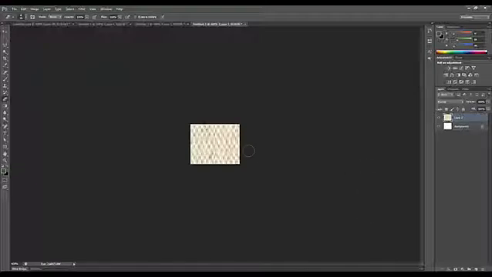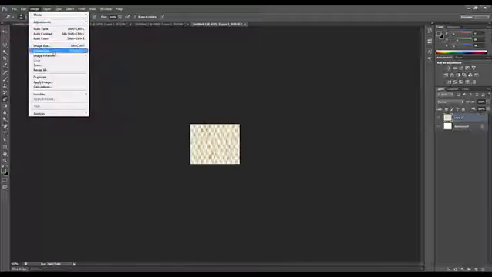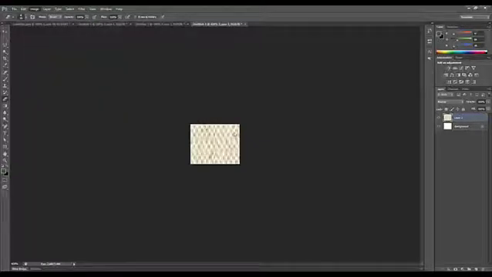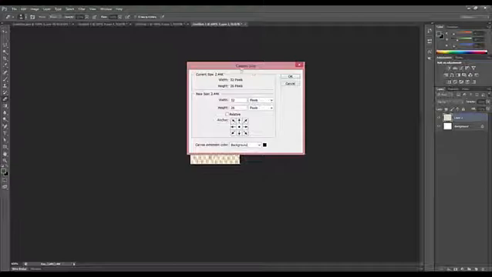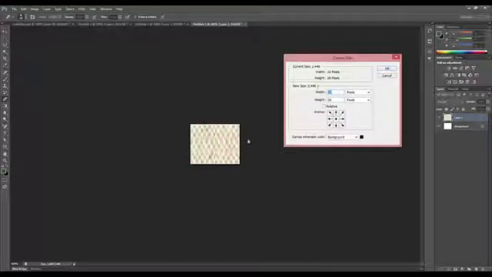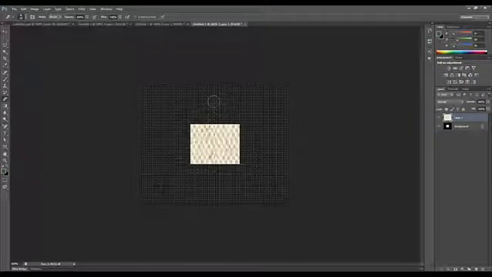But if you want to make it softer on the edges, here's what we do. Image, canvas size, not image size, canvas size. It's going to load, there it is. Okay, so we know it's 32 wide. We need to add 32 here and 32 here. So I'm going to go 64, 96, 96. Okay, and the same with the height, which is 26. So we're going to go 25 times 2, 75, 50, 75, 78, is that? 78? My maths isn't great, let's find out. Looks promising, doesn't it? Looks like we've got it.